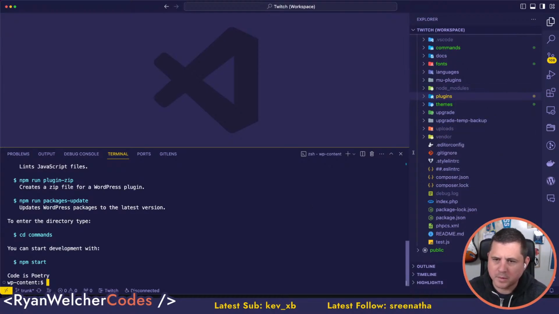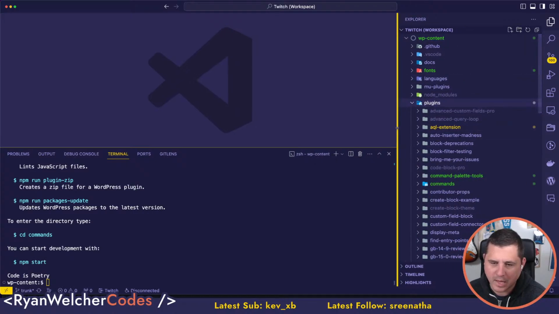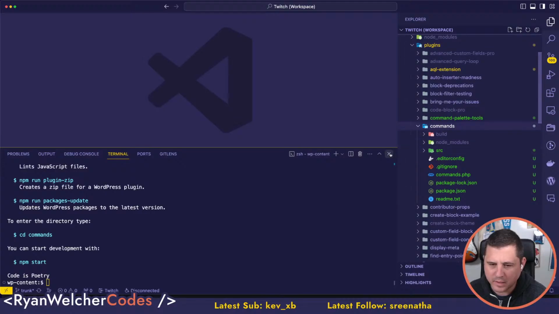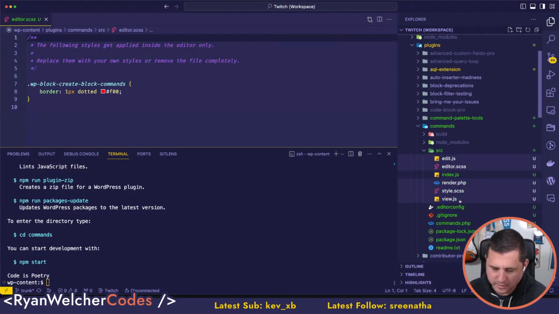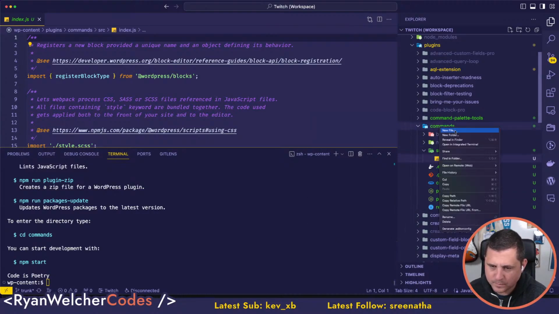What the heck? Content. Oh, let's put it in plugins where it belongs. Oops. Okay, so let's get rid of some of this stuff. I don't need that. I'm just gonna, I don't need this, don't need this, don't need all that stuff. I'm just gonna rename that, and then we're gonna go new file,